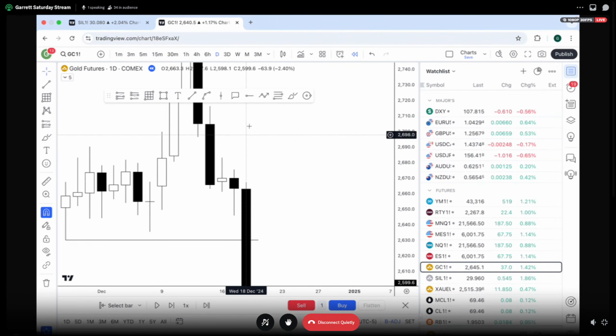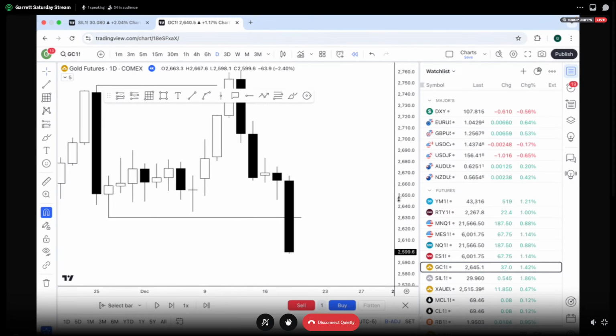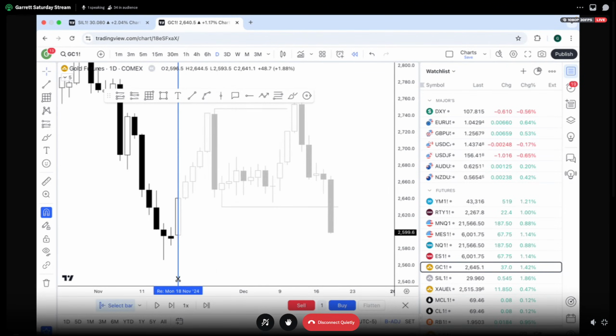I didn't even trade gold because I was waiting for that more so. Ideally, something like this would be perfect. This is textbook, but like I said, price doesn't have to do that. If you go into this week here,